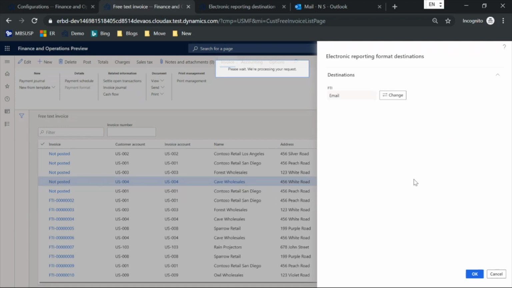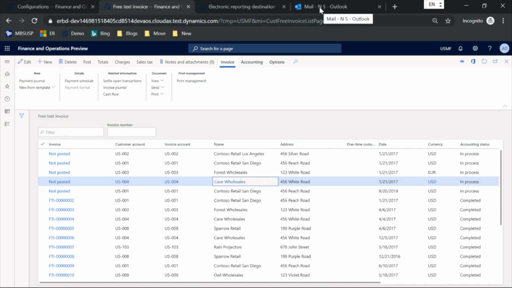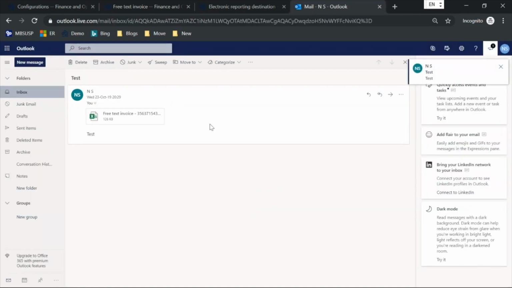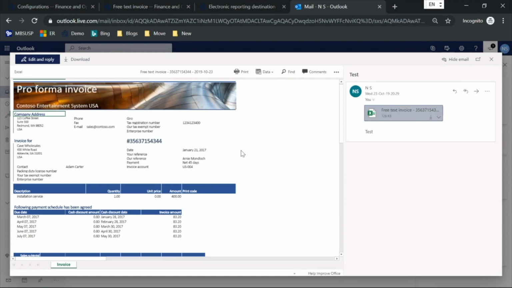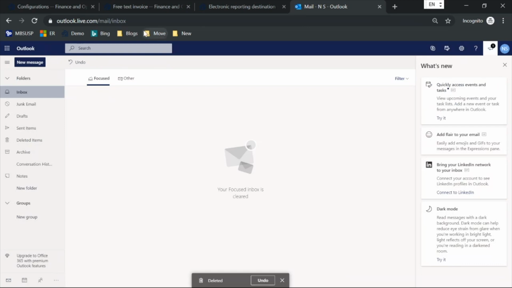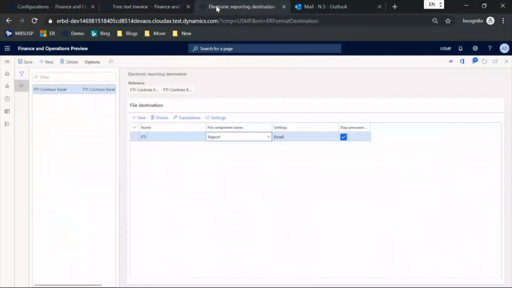Now the generated document will be attached to the created email and sent by electronic mail. And here you will see the attached invoice. But alternatively, what you can do is